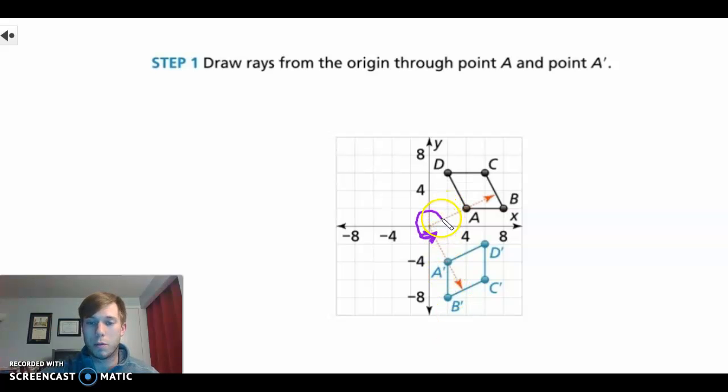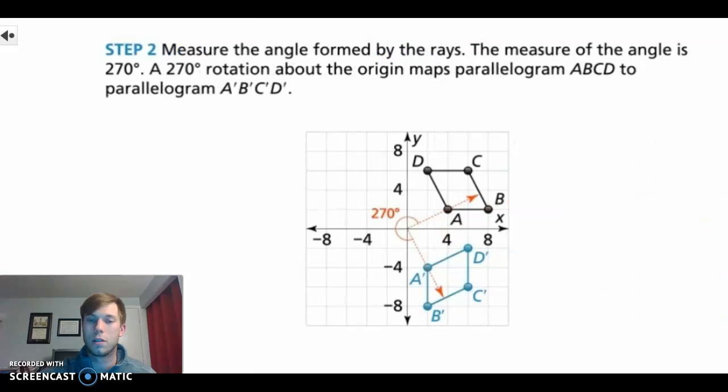Okay? When we went from here to here, that was just going to be 90. If you actually extended out these rays, you could see that. So from here to here was 90. From here to here was 180. So from here all the way around 3/4 of the way must mean that it's going to be 270. And we would need another 90 to get to the 360. So when you do that, it's going to look similar to this. So this whole angle is a 270-degree angle, and that's what we rotated it about the origin to get our